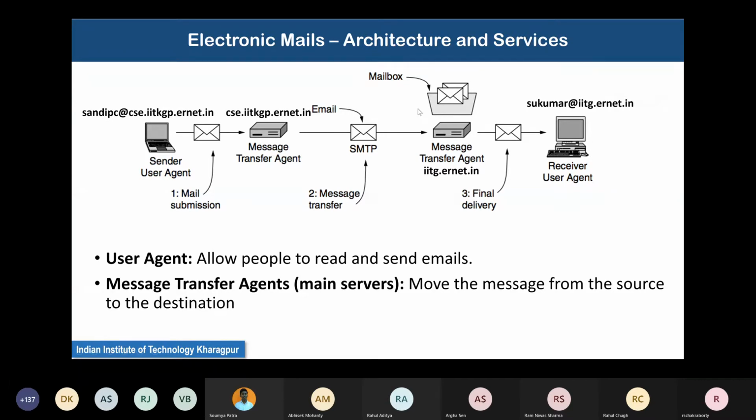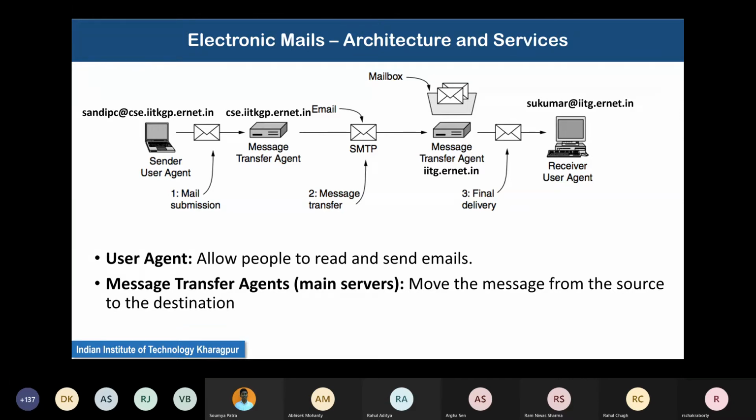You have to query the post office: is there any letter in my name which I have not yet received? Only then will the post office say yes, there is something, and I will send it to you. It will send it through a postman, or you can compare this last delivery to anything. Maybe after you request, some postman delivers it to you, or you go yourself and collect the letter from the post office.